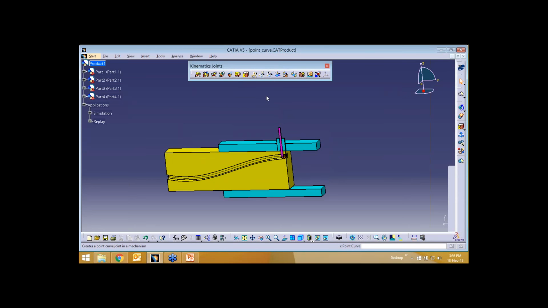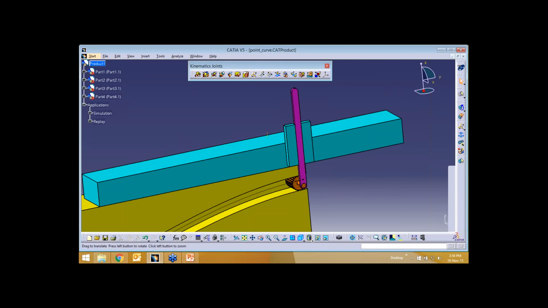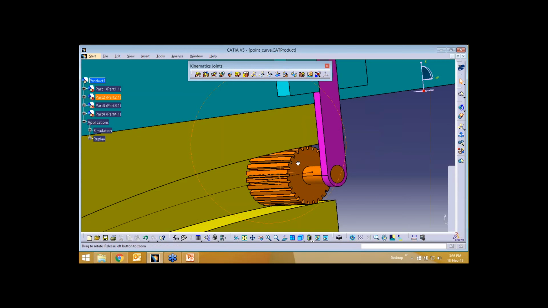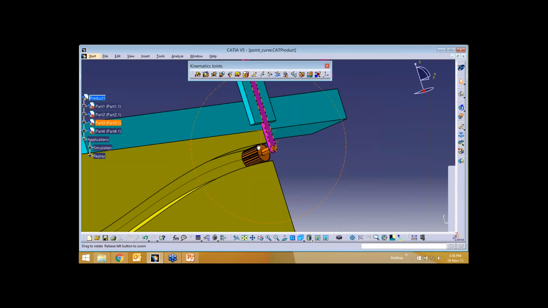This wheel is going to rotate along this. So for that, I'll give a revolute joint for this wheel and a shaft. I'll say create a new mechanism. I'll say okay. See this wheel.